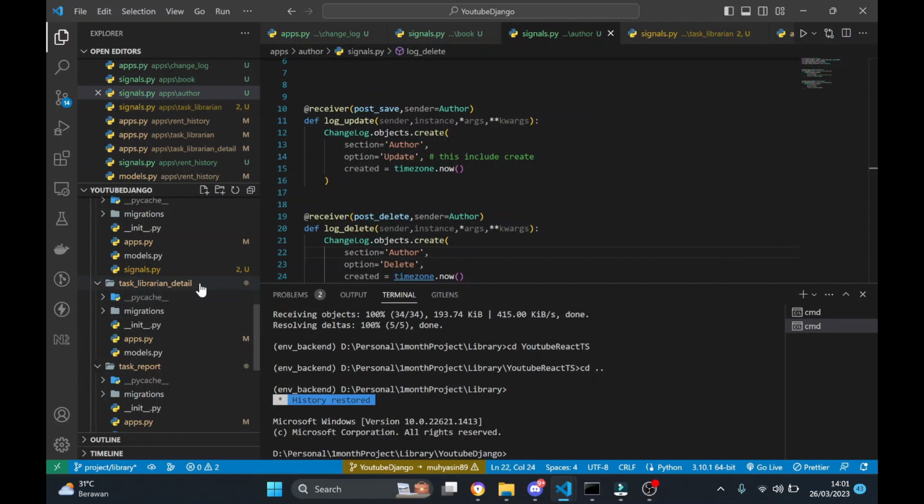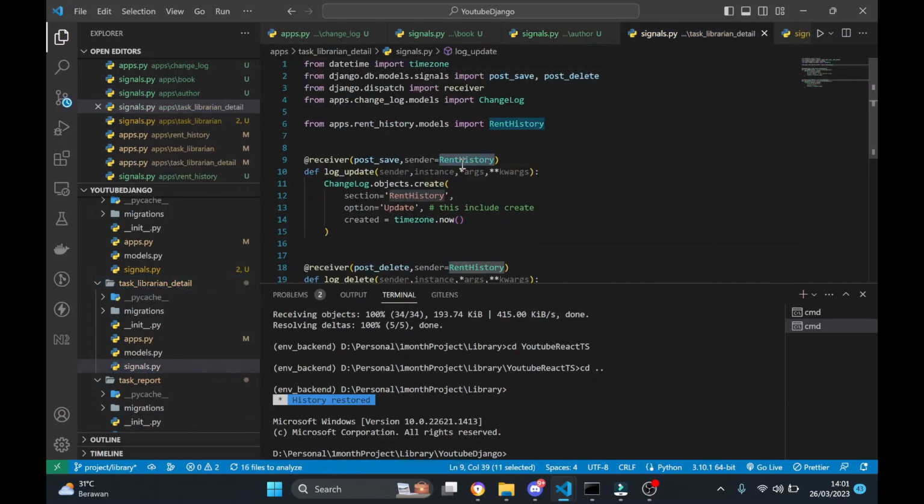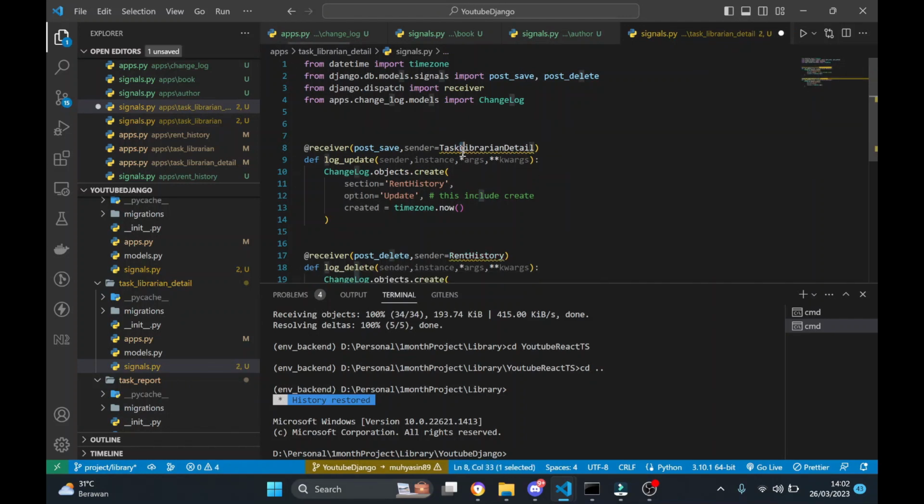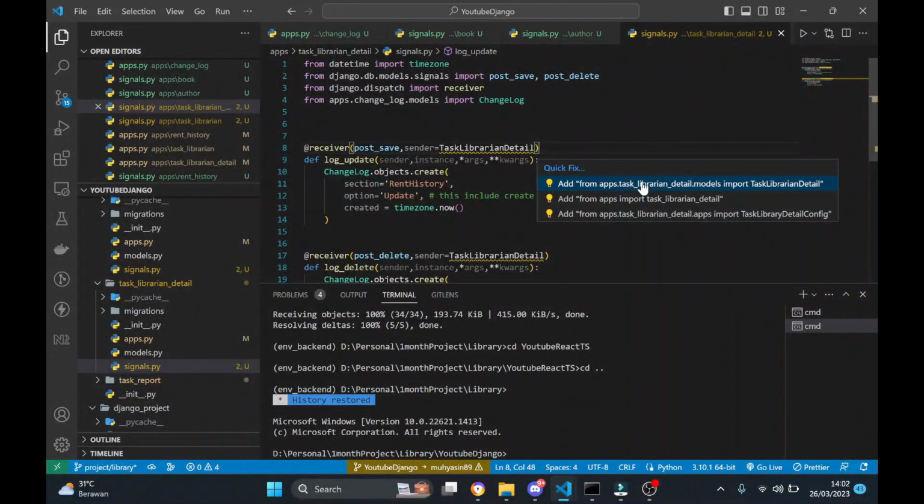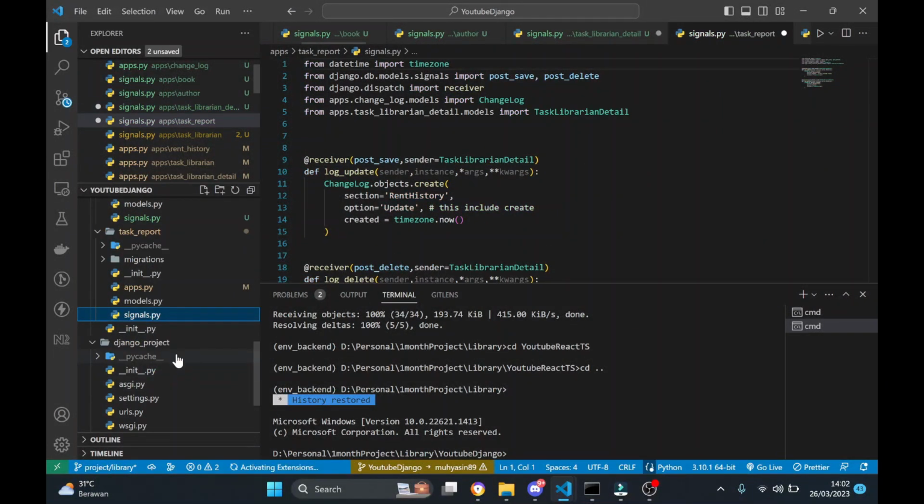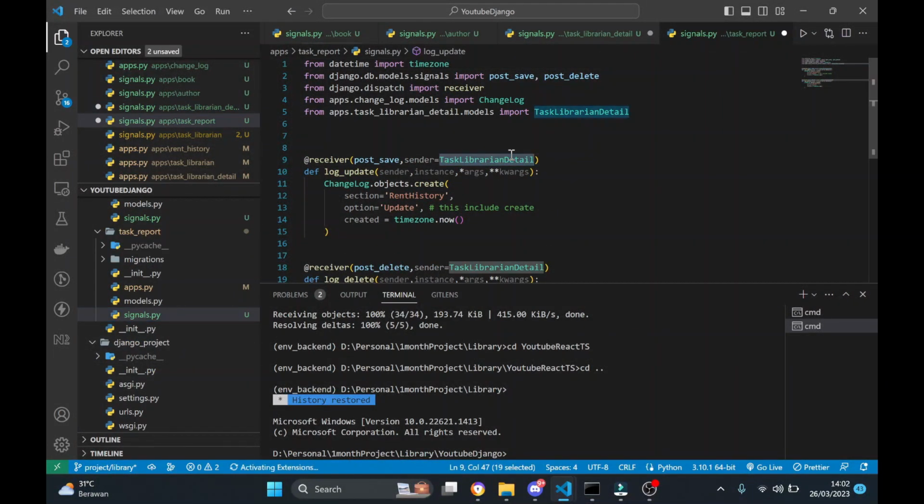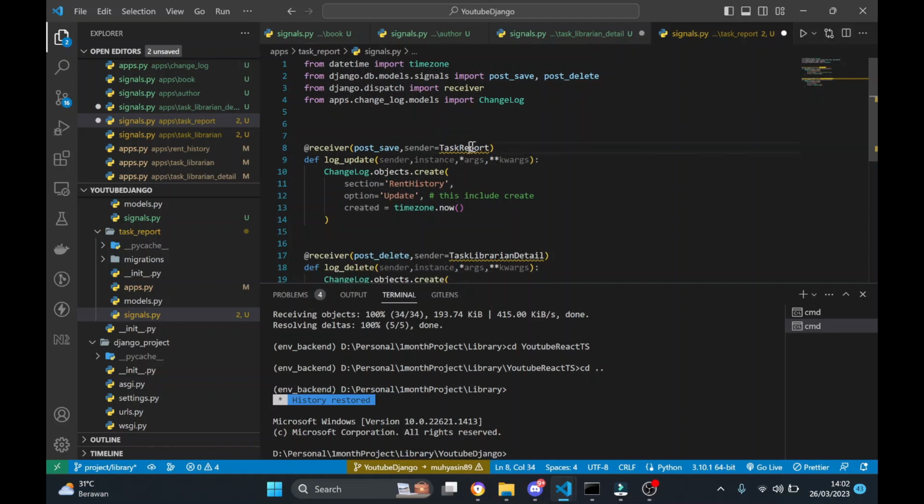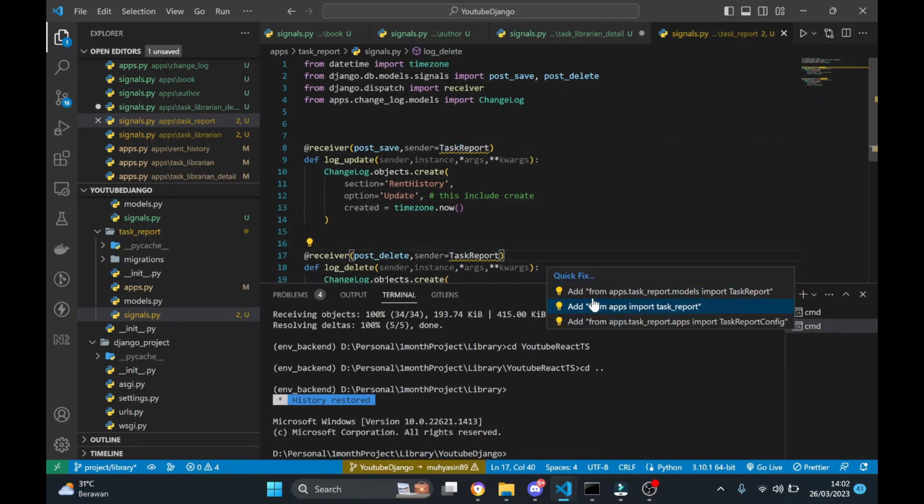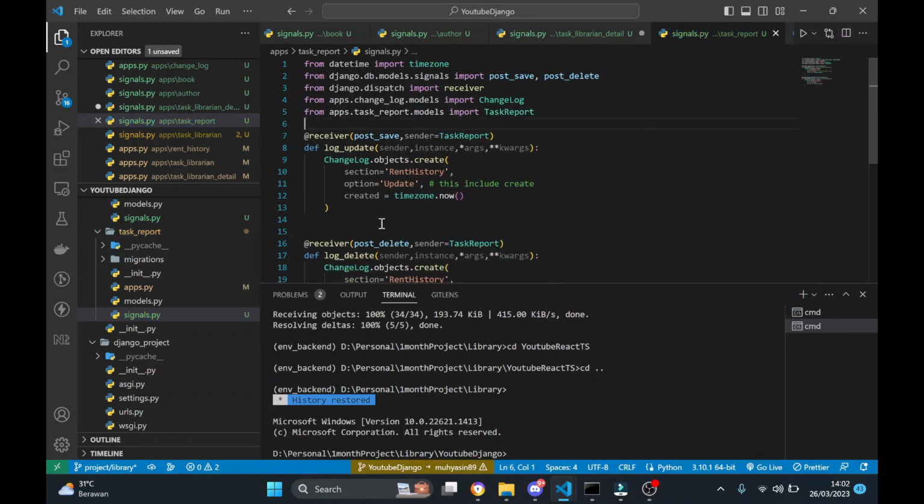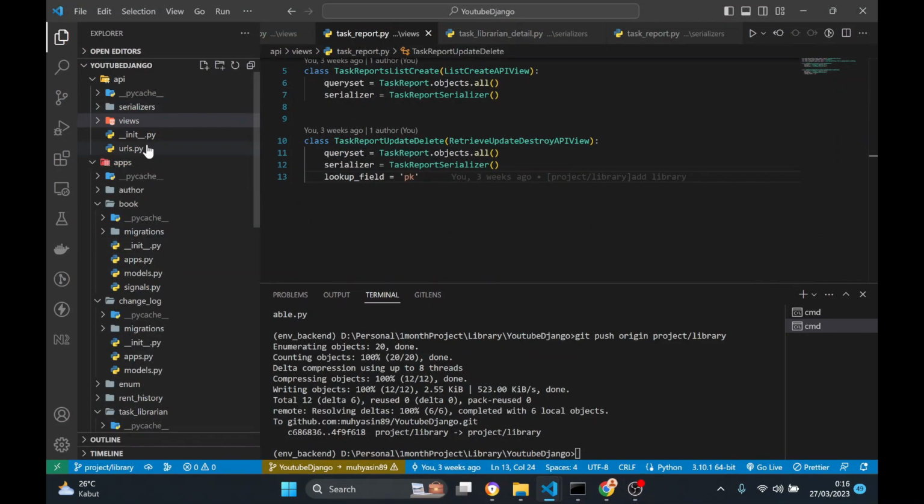Okay, what else did I leave behind in here? Text library details. Remove this one. Just copy this one. Copy this. Add. I just copy this and export. Add this one, right? Export. Okay, and